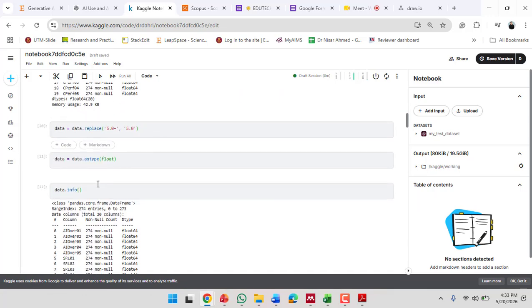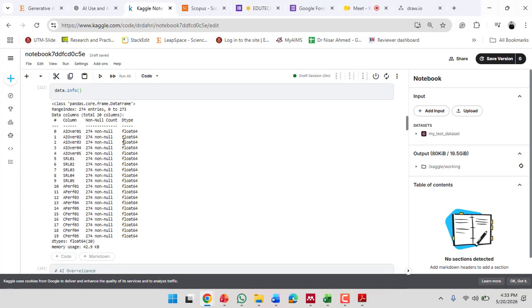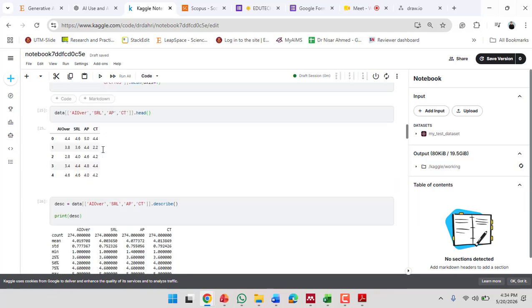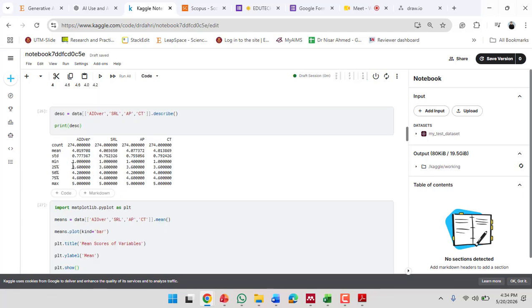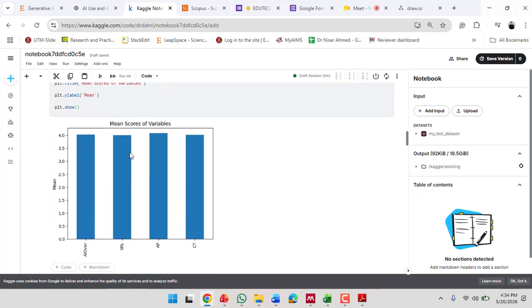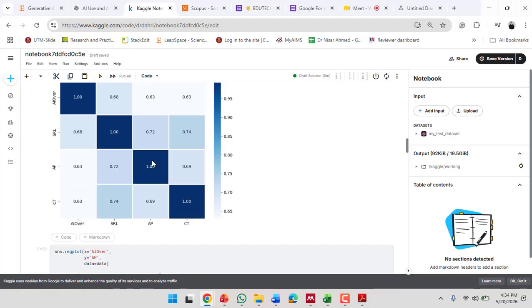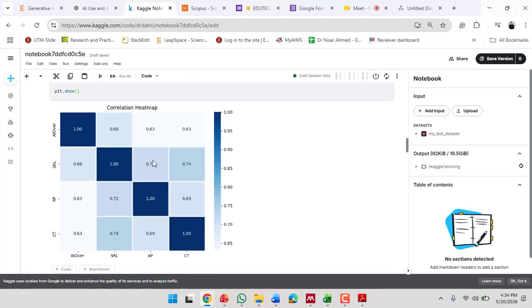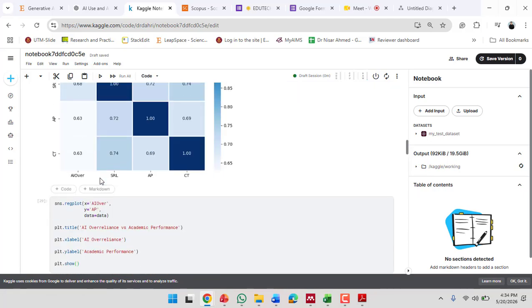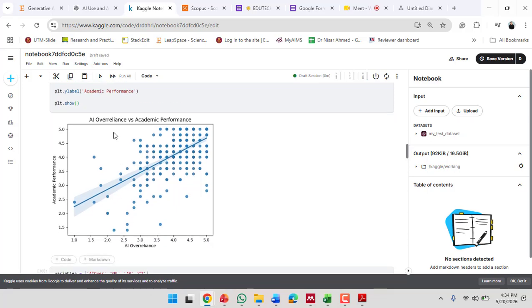This is the correlation matrix. You can find this correlation matrix about our variables. This is the AI overall sum versus academic performance. Then we have different graphs you can generate with the support of AI. So there is some error, so I again gave it to ChatGPT, that this is the error because some libraries are not working properly. So we did some manual work.